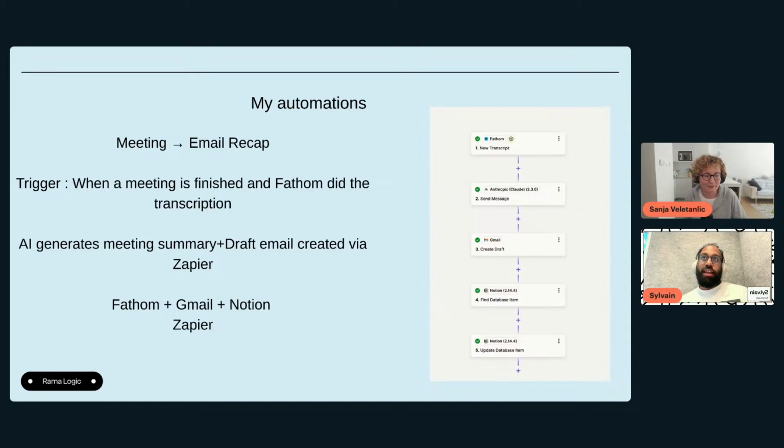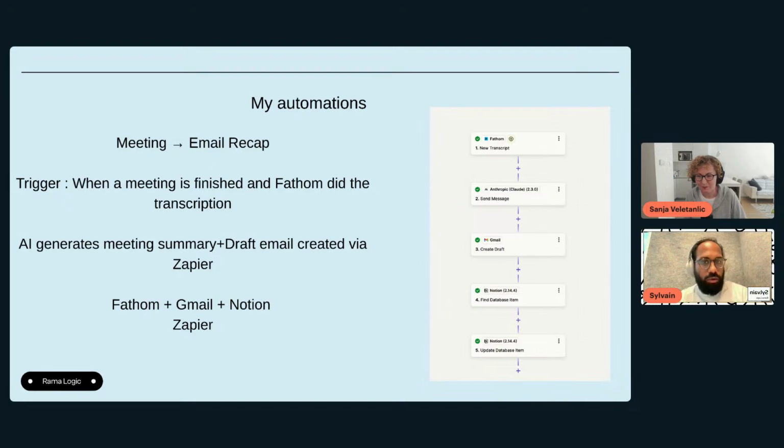If it's a sales call, it's a different action plan, and if it's an ongoing call with my team, it's a different thing. I really wanted to fix that because it was copy-paste all the time, and it took me maybe 30 minutes to do, and it was not really efficient.